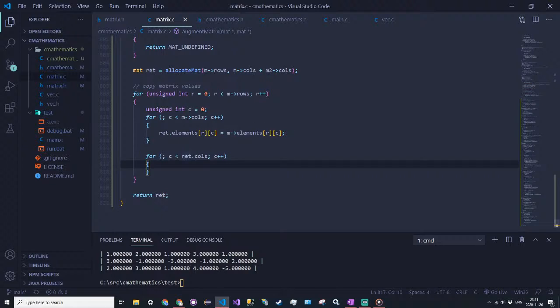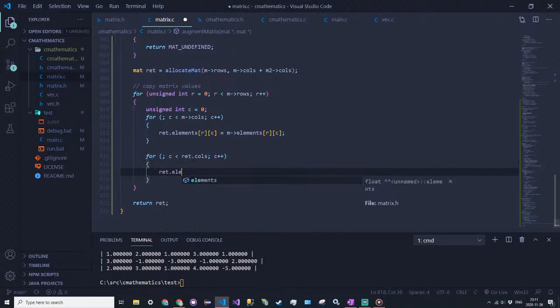So in the second loop, we're going to say ret.elements at r at c, the same assignment location, is equal to,